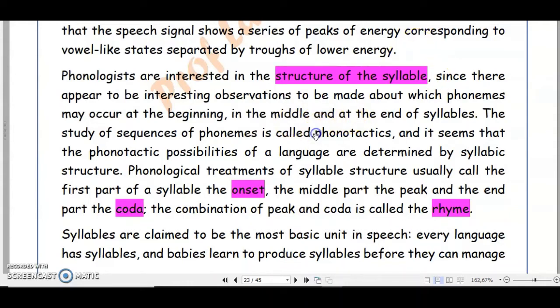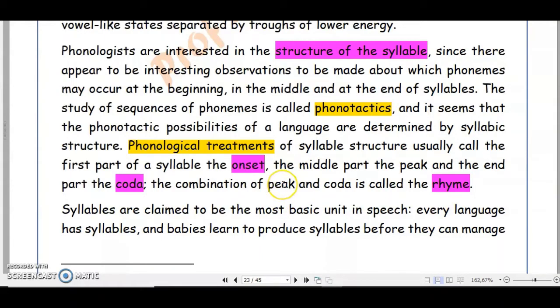This is not so important, so don't worry if you don't remember. I mean, it's just a detail, just some kind of fact. And it seems that the phonotactic possibilities of a language are determined by syllabic structure. Phonological, let's go by the phonological point of view,